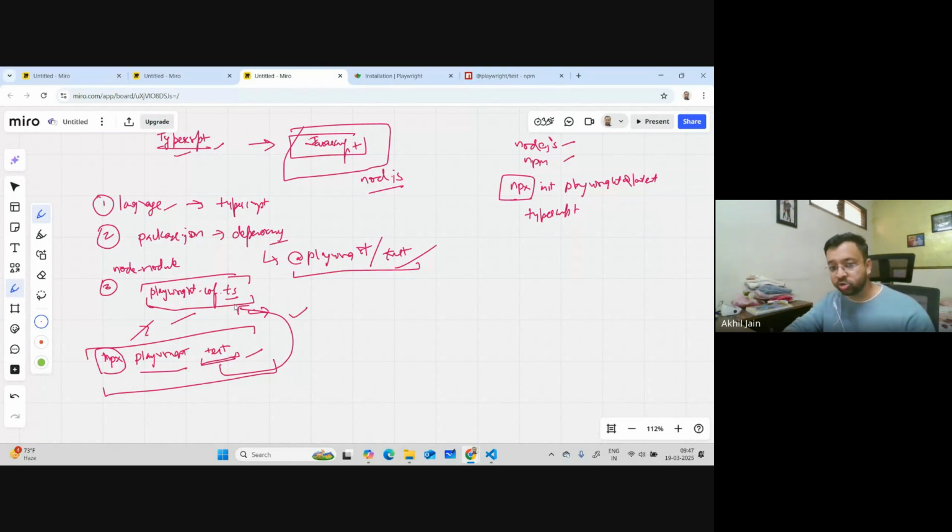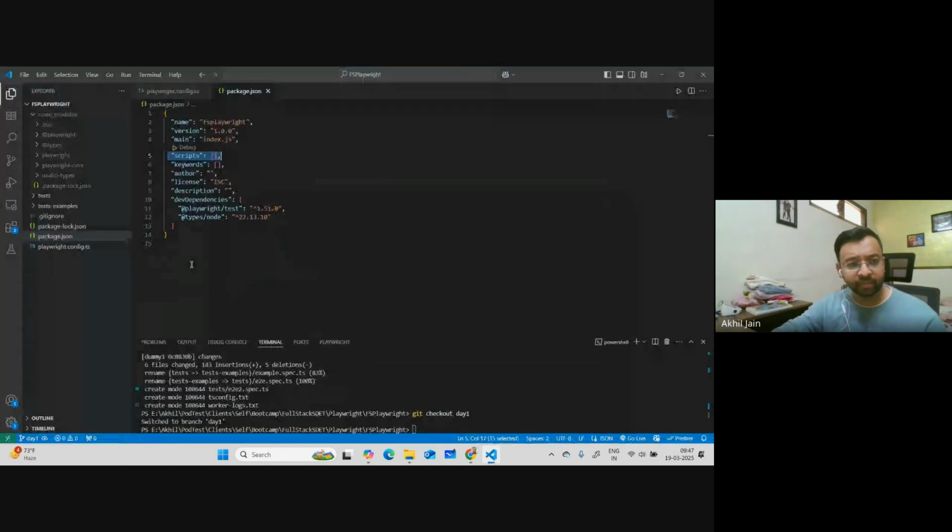It goes to this file. It starts a test runner, and for the test runner, this file is required as an input, which has all the configuration inputs for Playwright. If you look in the playwright config file now,